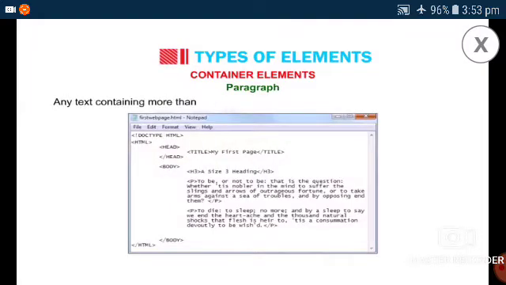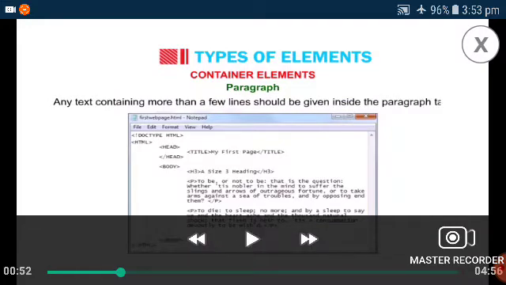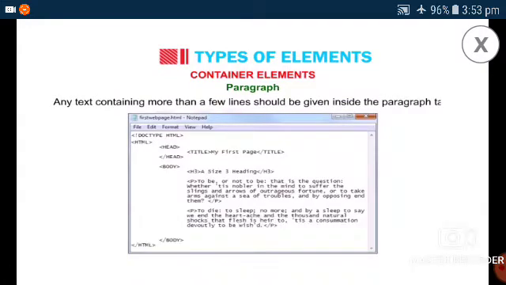Next, paragraph. So what is the paragraph? See, this is the Notepad. Open Notepad and type your program here, and to see your output, go to the start button. In your system, Internet Explorer is there. Then go to the file menu and save the file, for example 1.html, then click that program to run it. So like that, this is the program.